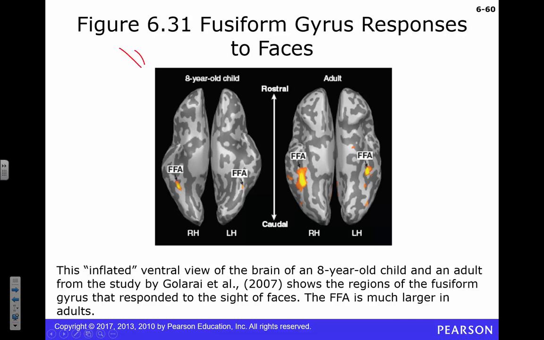So here's like an 8-year-old kid. Now, I know somebody's going to say, well, hey, aren't kids' brains different size than adult brains? Absolutely. They did some fancy math here to equalize the size of the brains, right? So we're not getting anything distorted here. Here's the fusiform face area in that 8-year-old child. Here's the fusiform face area in an adult. Look how much larger that brain region is. So as you become an adult, you gain some expertise in facial identification, right? As you get older, because you've seen more faces, you can see those minor differences better. You do a better job.